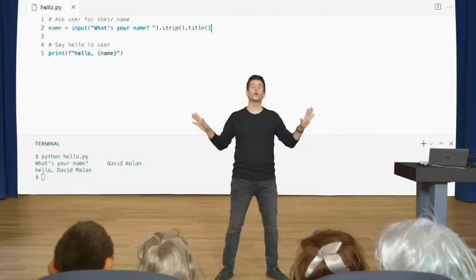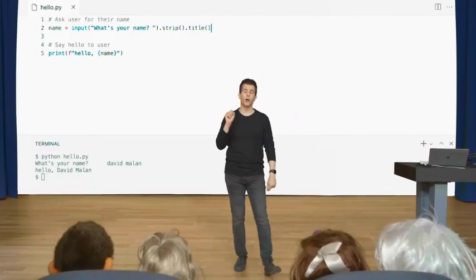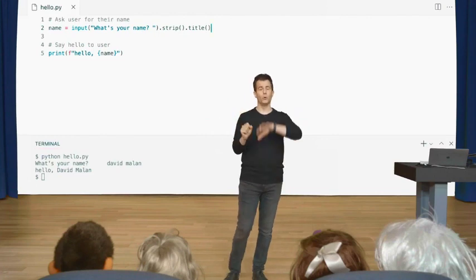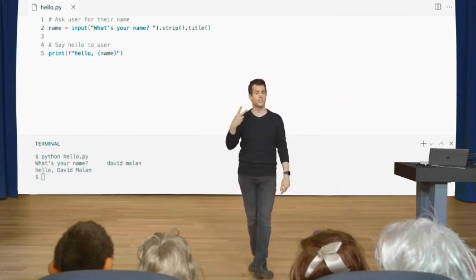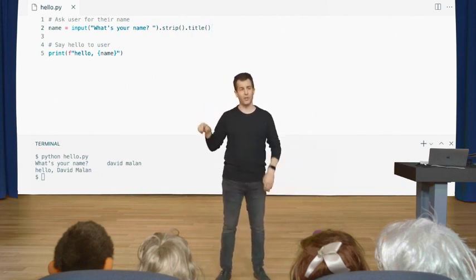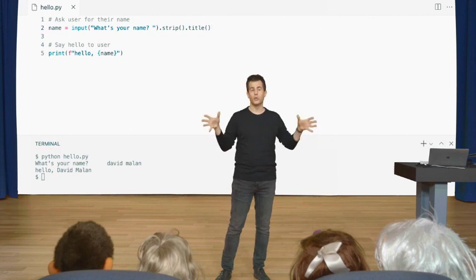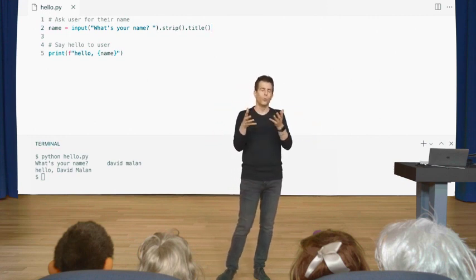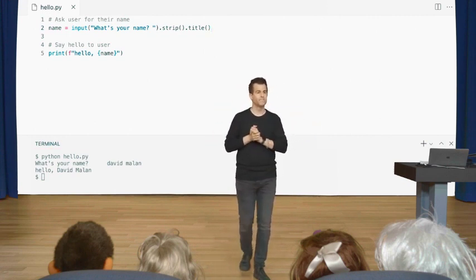Yes, hi, thanks, David. So is there a way to remove the spaces between the words that I might have added? Short answer, no. If you read the documentation at that same URL earlier, you'll see that strip removes from the left and the right, but not in between. In fact, there's 2 other functions that come with strings. One's called lstrip. The other's called rstrip that allow you to do one or the other. If we want to start getting rid of space in the middle, we're going to have to do a different trick altogether.